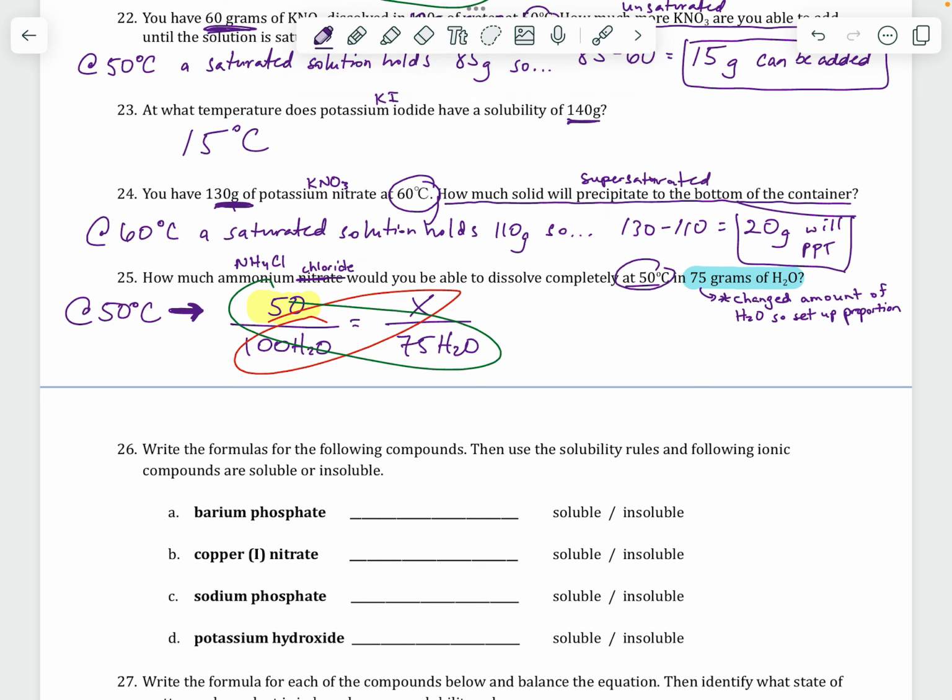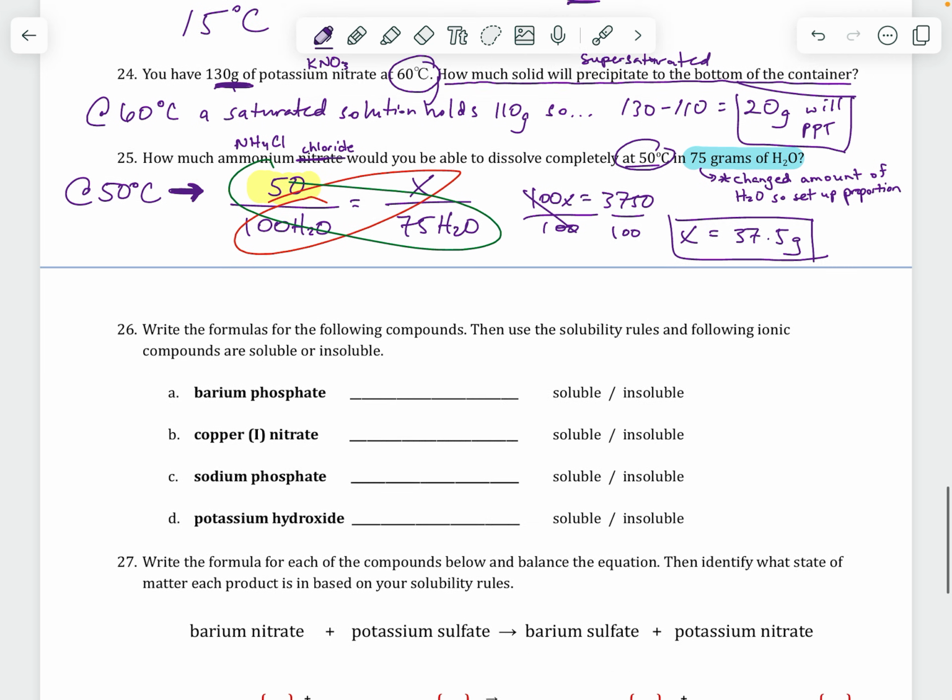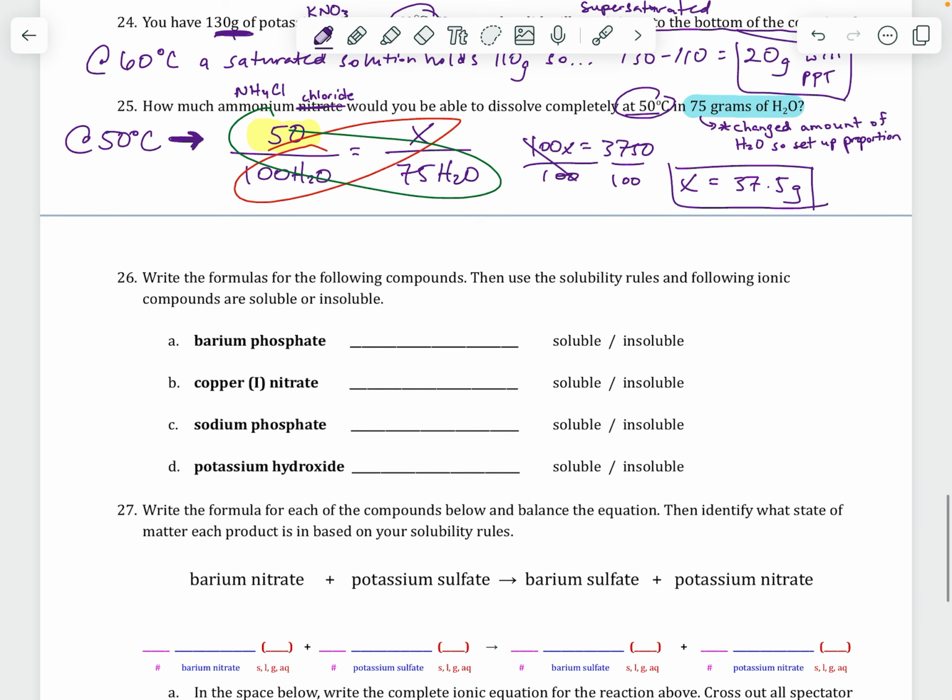And you end up with 100x equals 3,750. Divided by 100, 100x equals... 37.5 grams. And so that makes sense. I have less water, I'll be able to hold less solute. All right. So next up, here's just a couple of